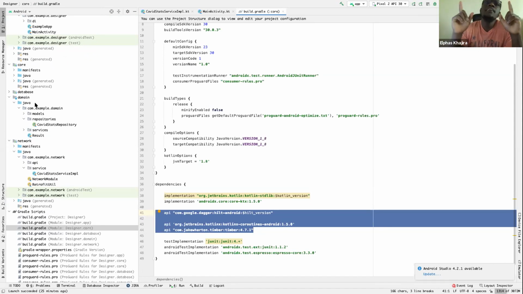In such a scenario, this guy has a mapper in the network class that will map the network object to the domain object. And then he'll have another mapper that will map that domain object to an entity in the database module.